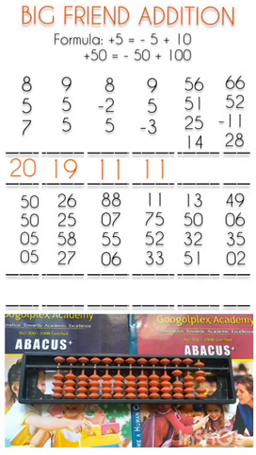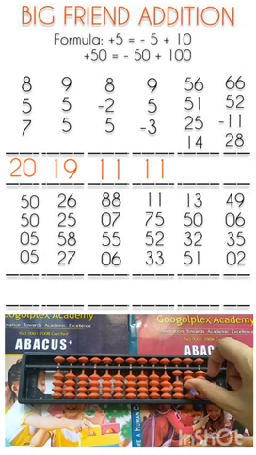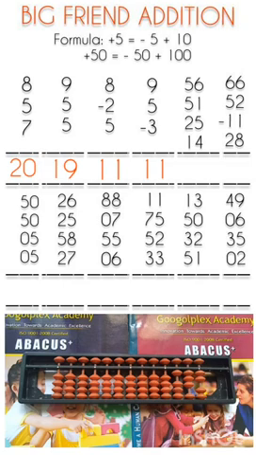Now, next number, we have to add 25. This is 20. Done. Now, addition of 5 is not possible directly. Again, same thing we have to do. That is minus 5 plus 10. Now, add 14. Addition of 10, yes, we can do easily. But addition of 4 again is a problem. So what is the solution? We have to apply the small friend formula of plus 4, which is plus 5 minus 1. So what is the answer? Answer is 146. Yes, 146 is our answer.